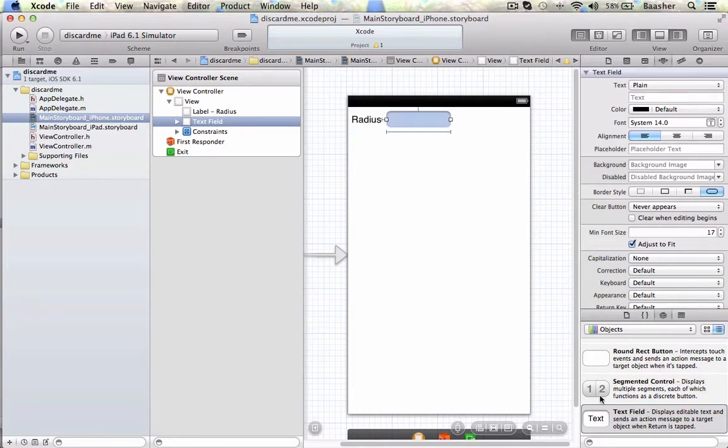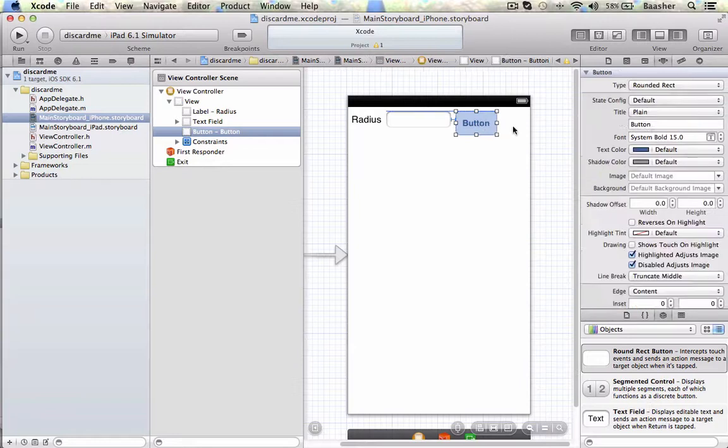And I'll probably put a button there, demonstrate how that works. Make it a little bit smaller